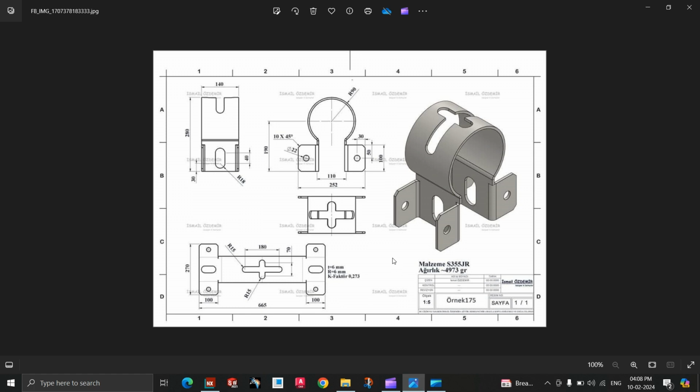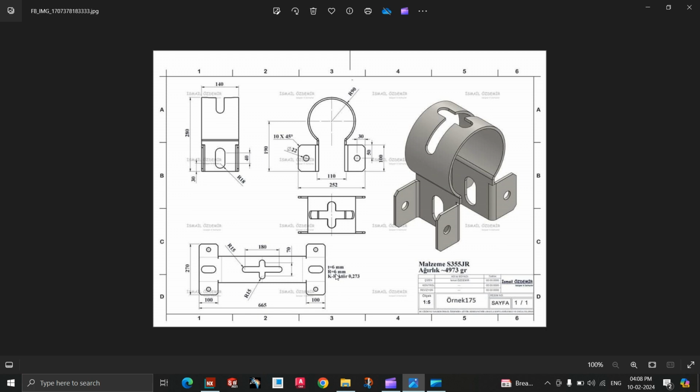That is the wall thickness mentioned in this 3D model, the minimum radius, and the relief mentioned in this drawing. We can see that the thickness mentioned here is 6 mm. So the overall thickness of the sheet metal part is 6 mm, and the minimum radius mentioned is